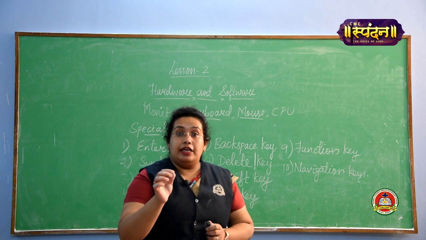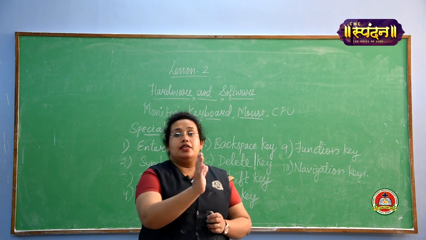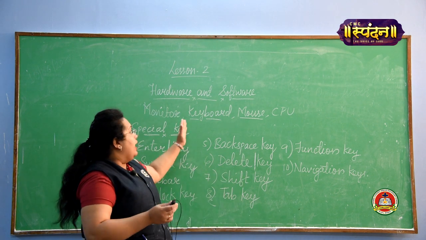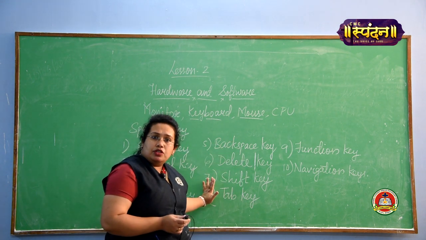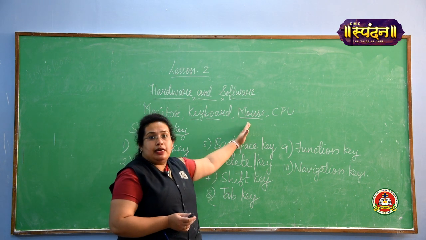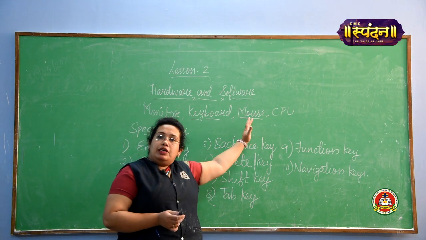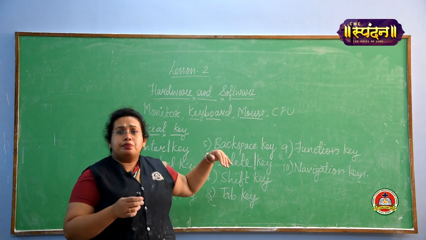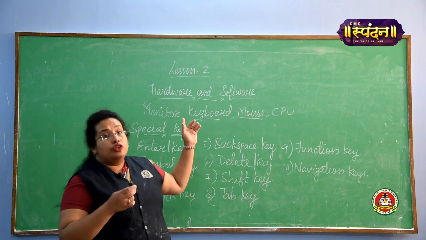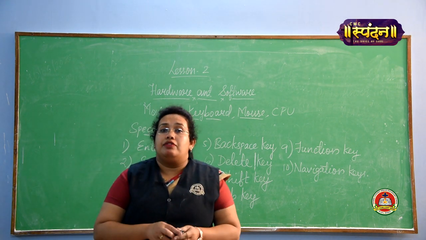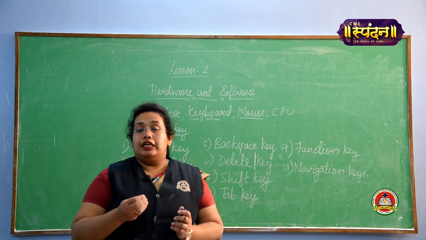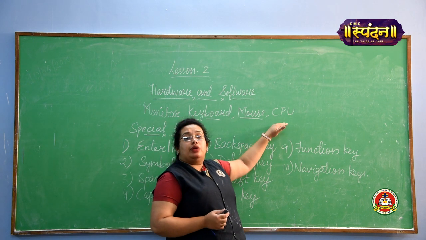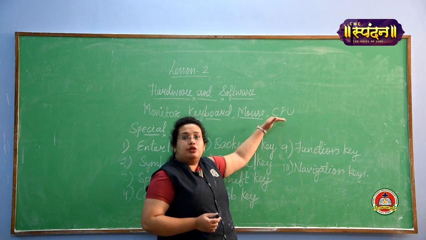Now I will tell you about input, process and output. We have already learned what the input devices are, keyboard and mouse. We have learned different types of keys of the keyboard. I told you we also have different types of mouse. We have 3 buttons on the mouse and the working of those 3 buttons is different. So to make use of this input device, whatever instruction you are giving to the computer will get processed. To do the processing we have one device that is known as CPU, that is central processing unit.